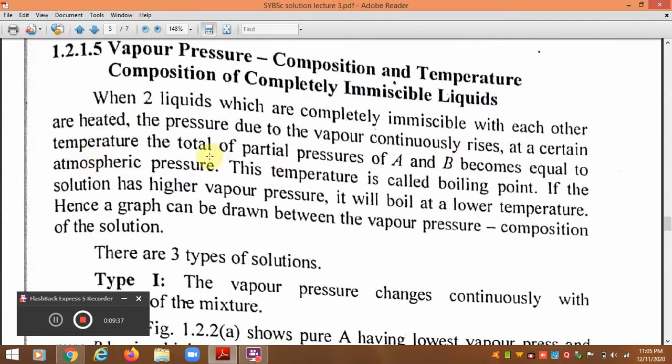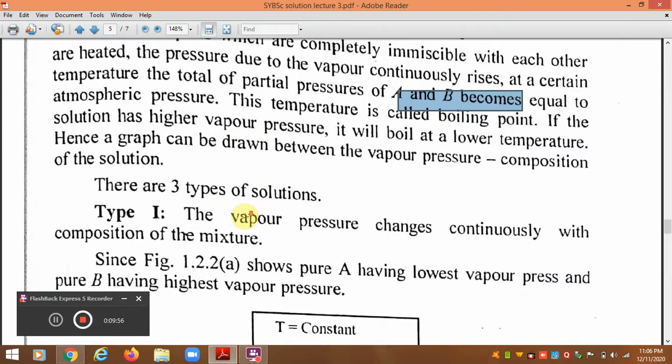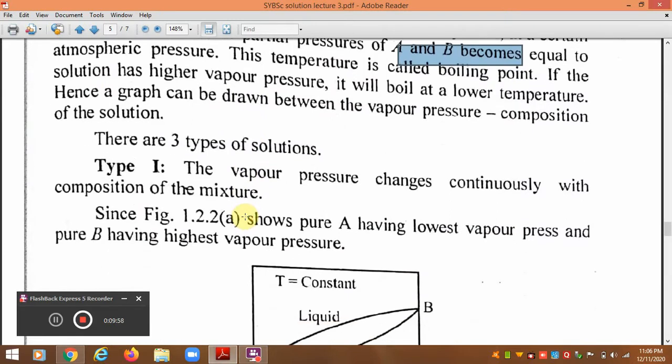At a certain temperature, the total partial pressure of A and B becomes equal to the atmospheric pressure. Then this temperature is called the boiling point of that system. If the solution has higher vapor pressure, definitely it will boil at a lower temperature. Hence the graph can be drawn between the vapor pressure and composition of the solution, and there are three possibilities for this